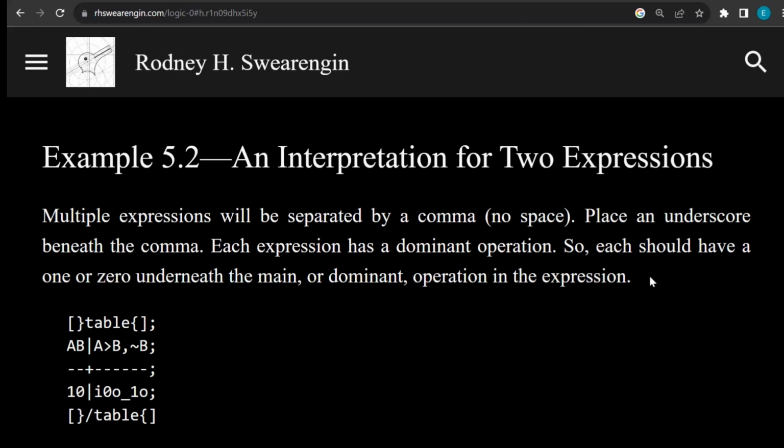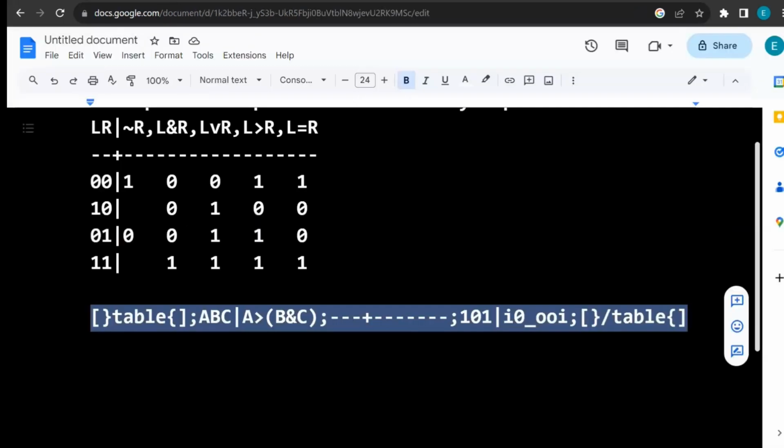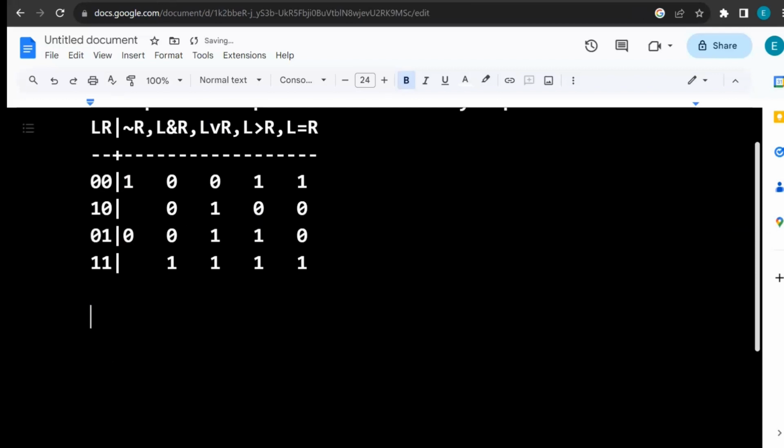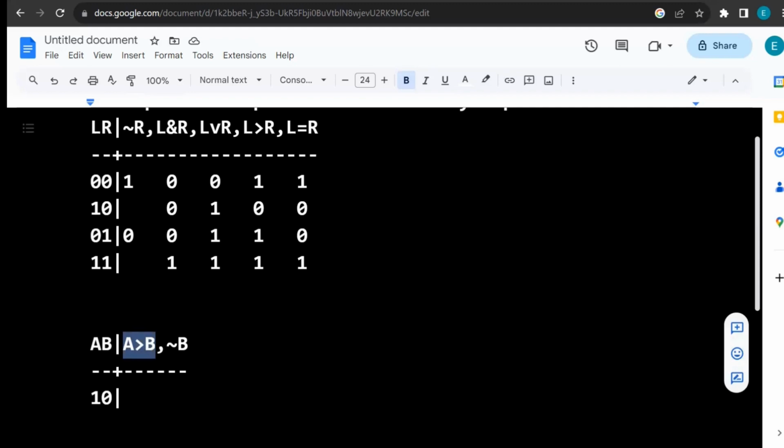Logic 0, example 5.2, an interpretation for two expressions. So we can be given an interpretation that looks like this. And I'm going to clean it up here a little bit. And so what this says is that we have this expression, A only if B, and try to get in